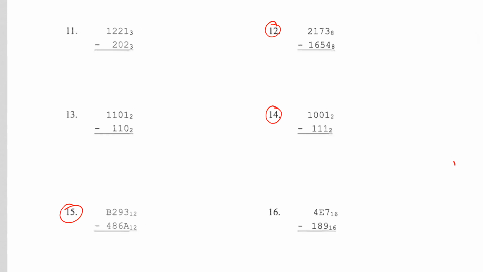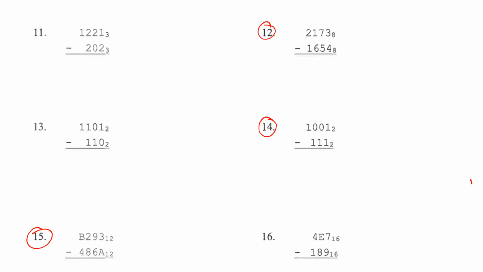Number 12 is base 8, and we're going to borrow in groups of 8. We're going to give 8 to the next number that needs it. The 3 needs some help from the 7, so we're going to take one of those 7 groups and give it to this 3. 8 plus 3 is 11, and that basically came from adding 8 to that 3. So 11 minus 4